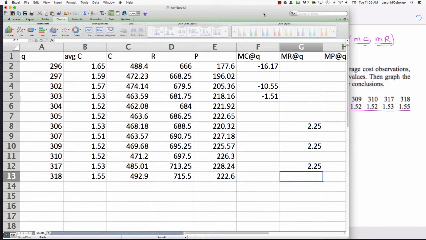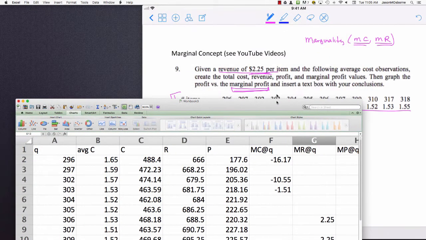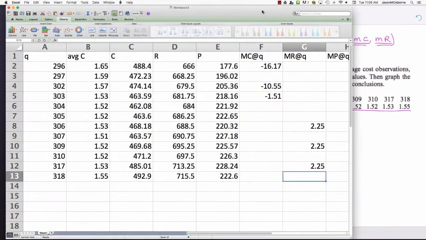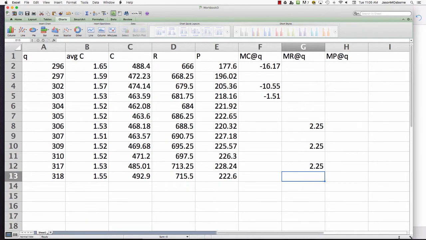The marginal revenue is $2.25 because that was our cost per item. The revenue function was a linear function, so we're always getting $2.25. But the cost function, the marginal costs are different. Okay, so now we can start to look at our profit function, and say, let's look at our profit function